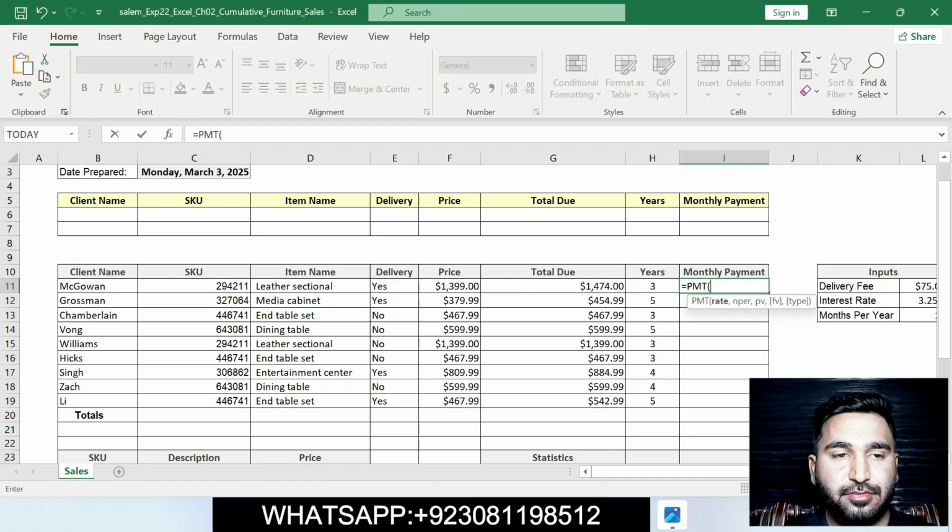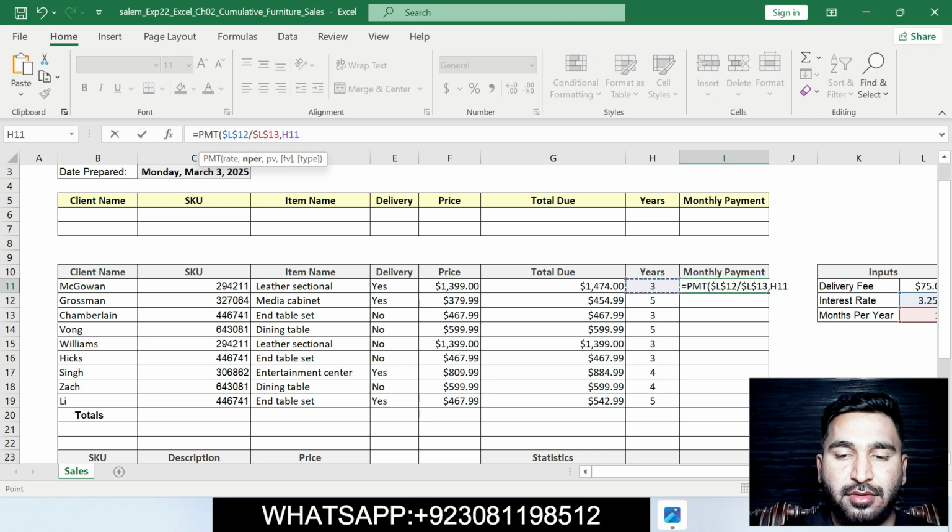The formula is L12 into dollar sign, L12 divided by L12 and then divided by L13, into dollar sign, L divided by L13 and then H11, and then H11 multiplying by H11 multiplying by years multiplying by L13,